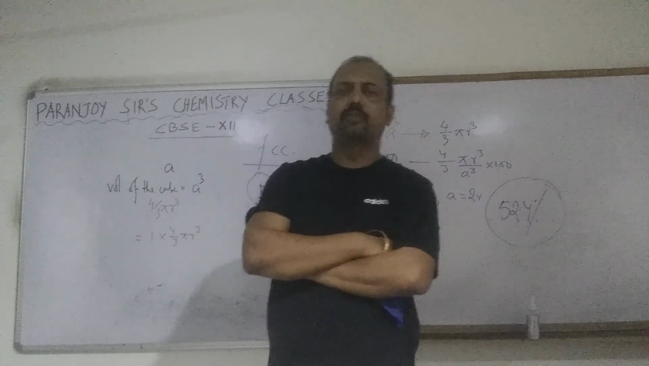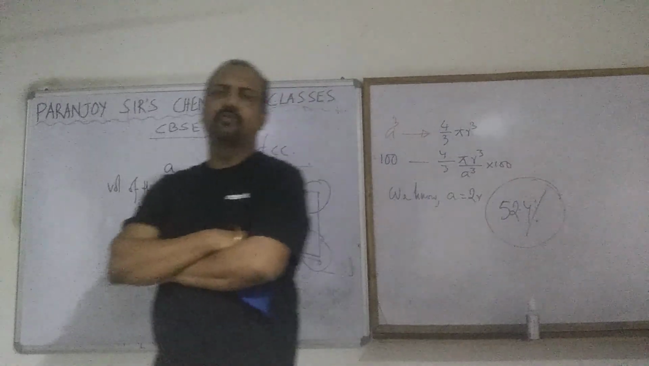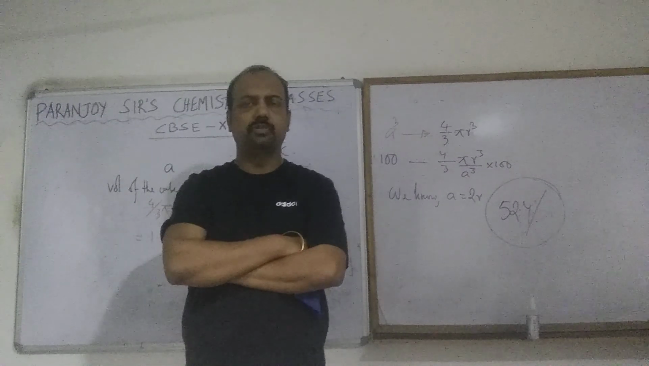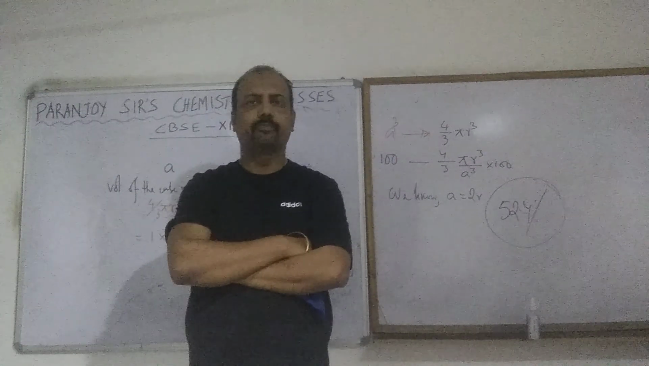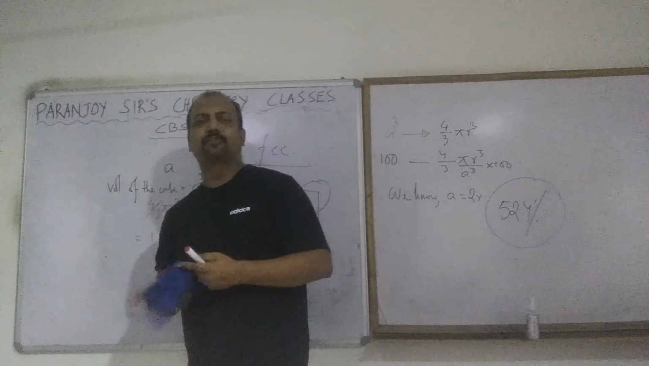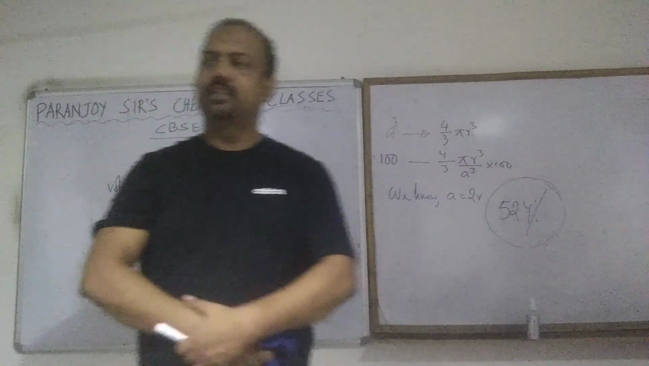Therefore, the volume of the lattice point will be equal to 4/3 pi r cube. Therefore, the total volume of lattice points, or the effective volume of lattice points, will be equal to...